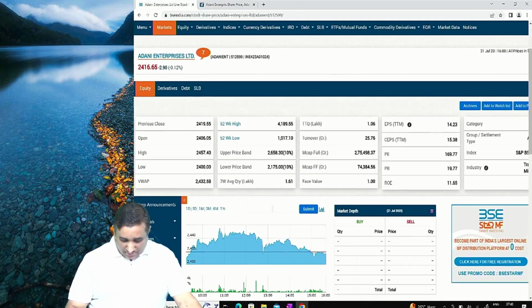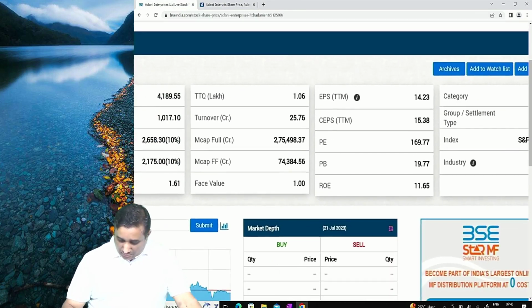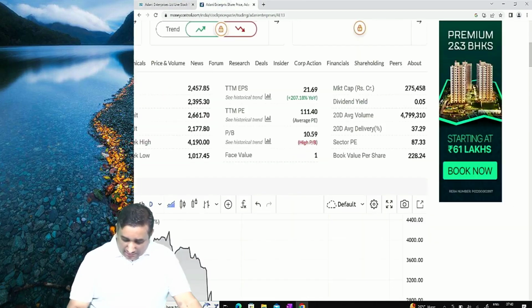That was Enterprise. This company. Now, I don't know why it is showing 19.7, but if you look at this book value 228, it shows data here. Now the second important part is the